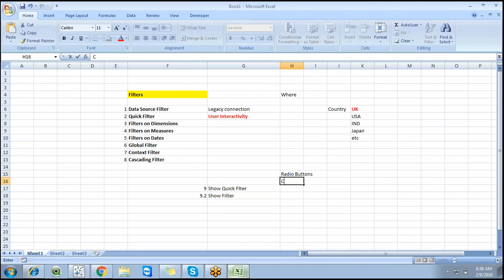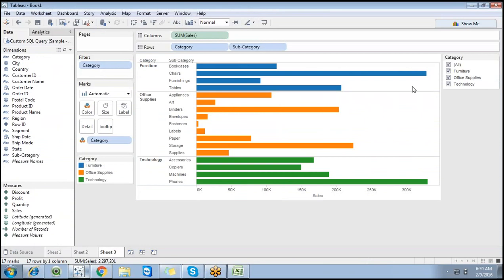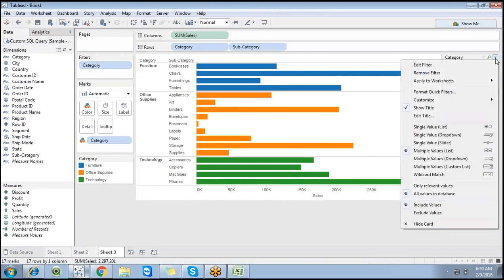Now we are working with checkboxes. We can differentiate with filter conditions or formatting things, but we have radio buttons and checkboxes. So just go to the quick filter drop down.